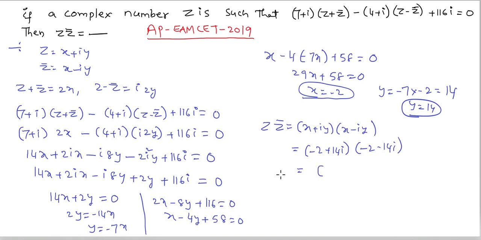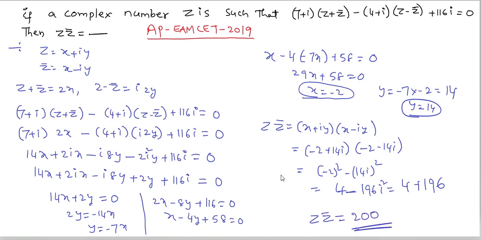So that is (-2) whole square minus (14i) whole square. This square is 4 minus 14i square, that is 196 square. 4 plus, i square is minus 1, that is 4 + 196. For Z bar is equal to, the value of Z bar is,